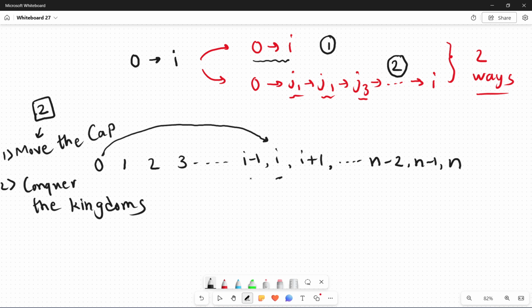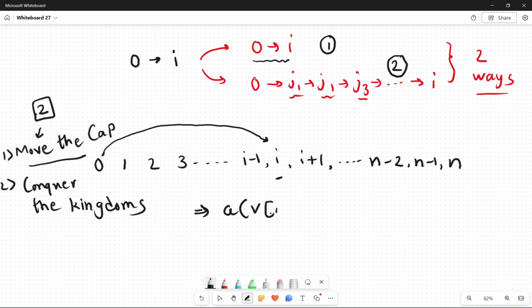Only after I have conquered it, right? So let's suppose you go the first way, and after conquering only you go there, right? So what I can notice here is that moving the capital city from 0 to I incurs the cost, which is a into